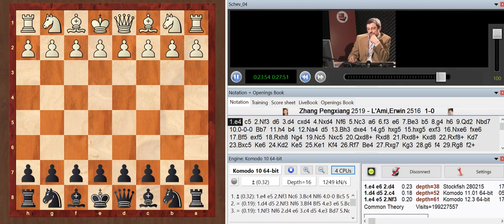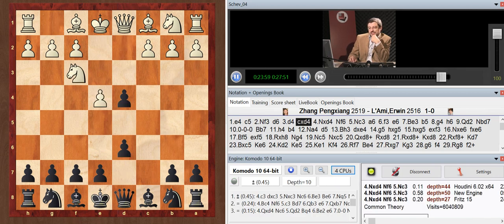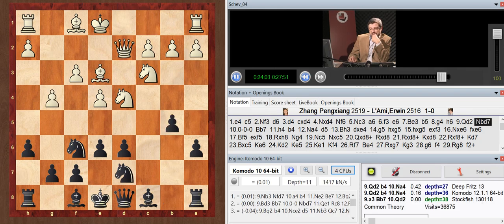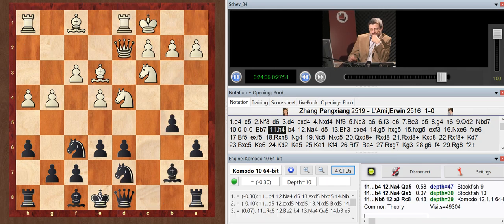And we have the final game that I wanted to show you, an example of another beautiful idea that white can use in these types of positions.